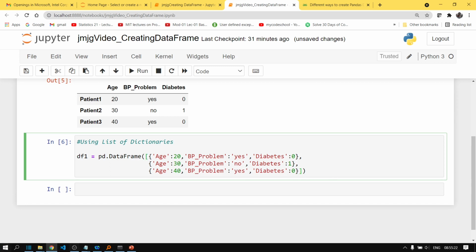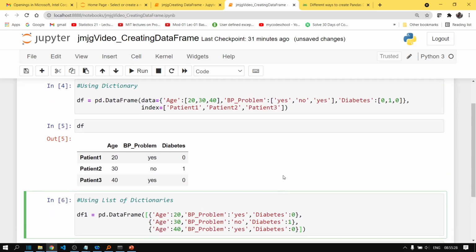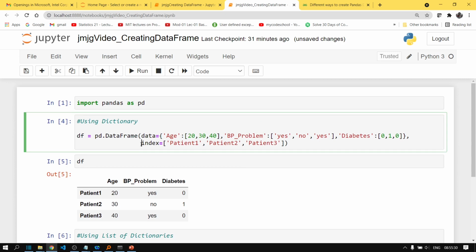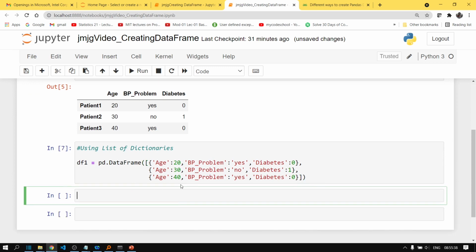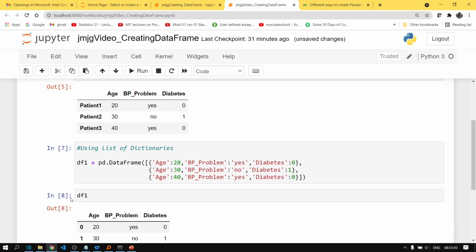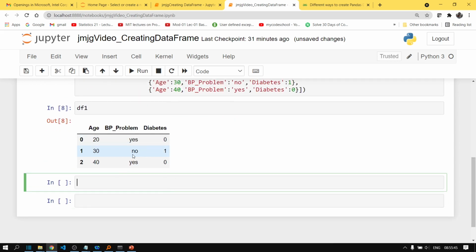So again we have to pass the indices. So let's ignore the indices for now, because you have already understood how to create index for our data frame. So I am not using the index parameter here. So let's run it, and you can see the data frame has again been created.